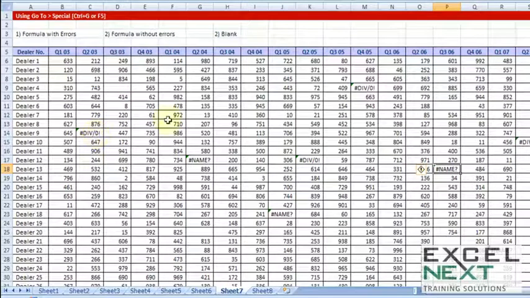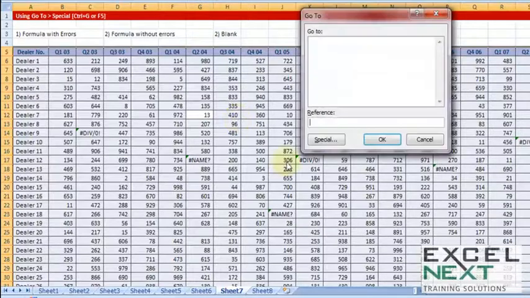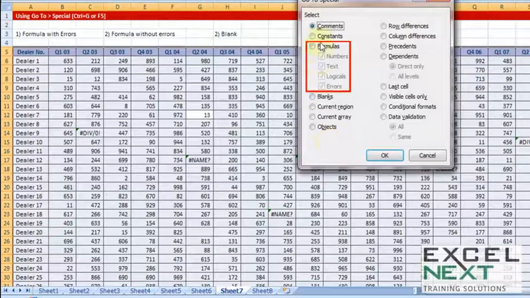Let's find out. If I choose the data block, Control A, and somehow I'm able to select all the cells which have errors in them simultaneously, all I need to do is press the delete key, and I'll be able to do that by pressing Control G. We had seen this earlier: Control G, Special. Special what? Special those cells which have formulas with errors in them. So I'm choosing only the cells containing errors, nothing more. Formula with errors, let's see what happens.